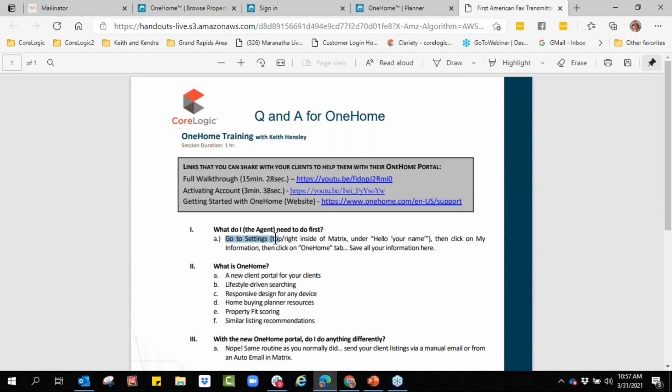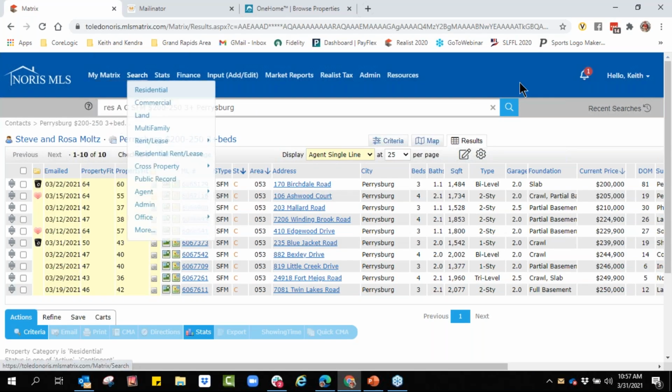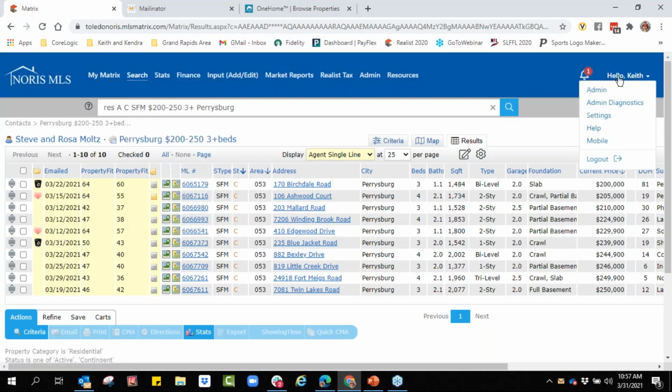You need to go into your settings, which is in the top right inside of Matrix under hello and your name, and then click on My Information. Okay, so let me show you. You need to go into Matrix, and under your name where it says hello and your name, you need to